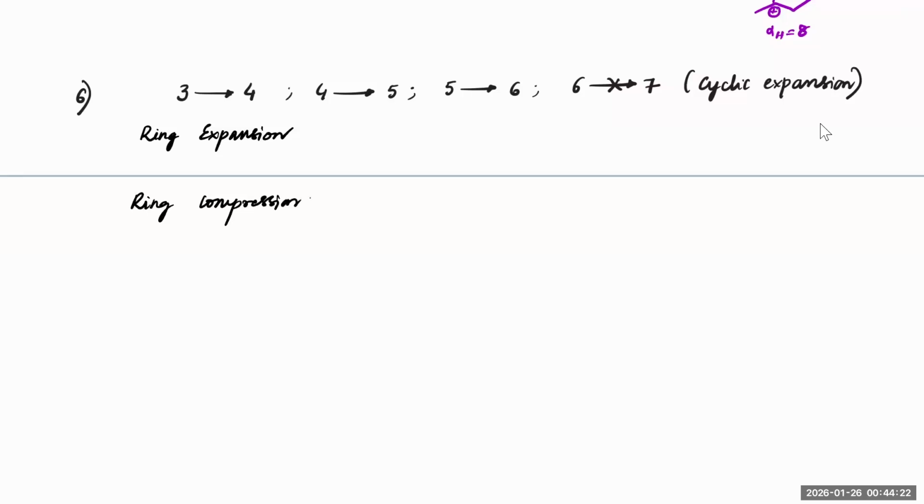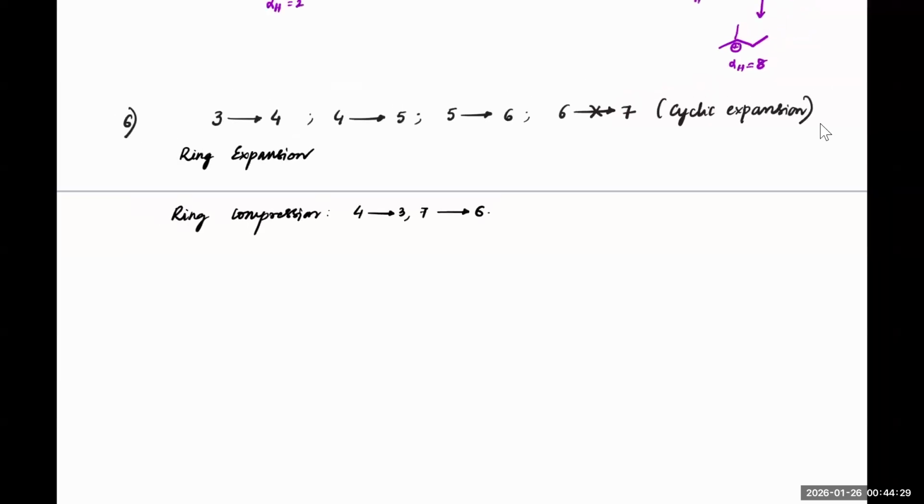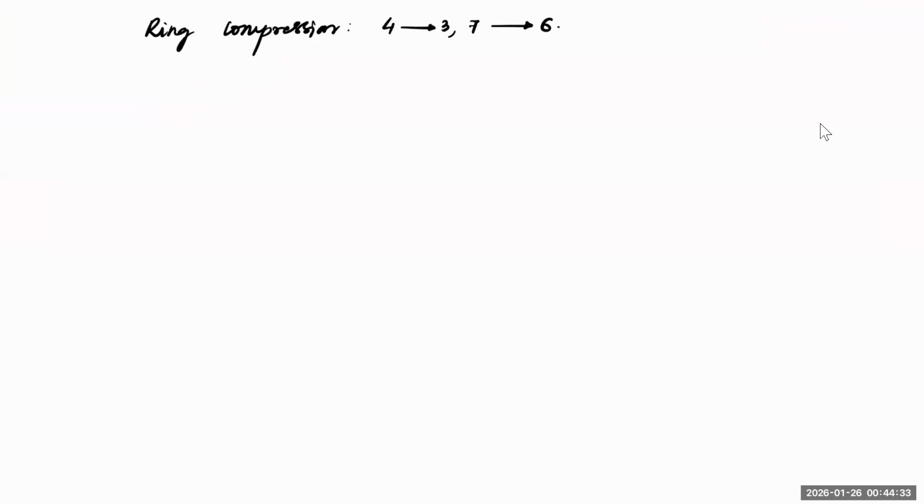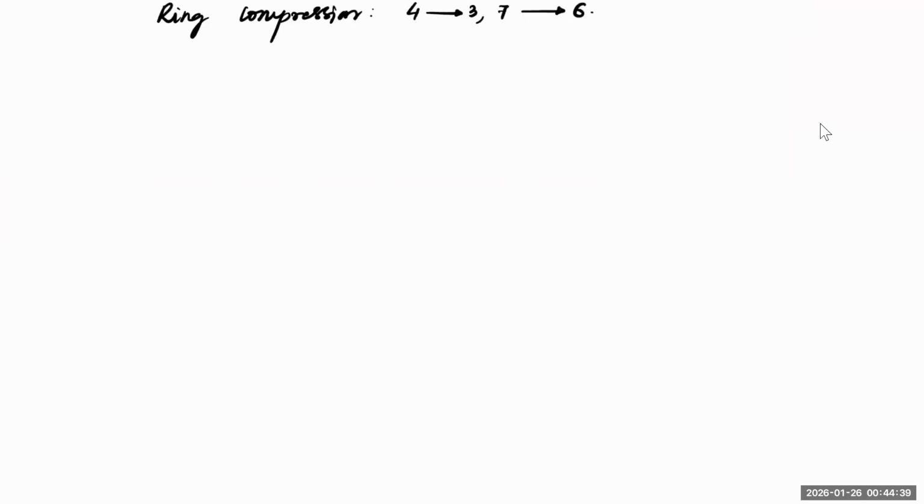Ring compression is noticeable, especially from 4 to 3 and from 7 to 6. Okay, these are the types you will notice. Let me give you one or two examples, just for the sake of revision, so you remember how the rearrangement takes place. For example, if you have a three-membered ring with a positive charge, of course, it